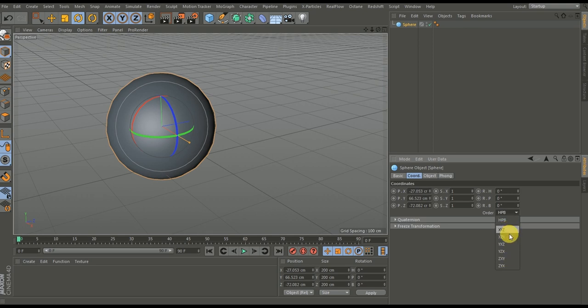You have your XYZ. If you choose XYZ, you can rotate it about X, you can rotate it about Y, and you can rotate it about Z. I hope that makes sense. Alright, so